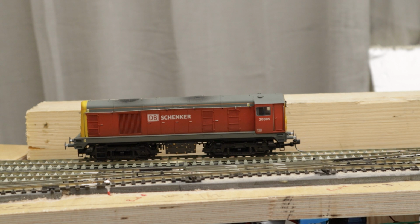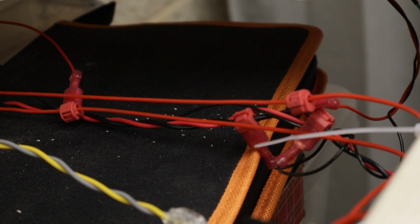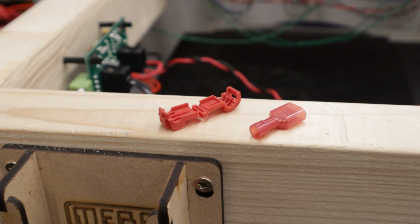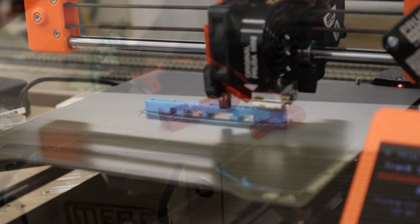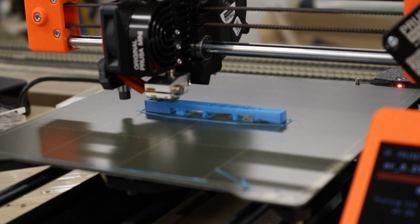The only thing I've got to do now is I've got a couple of more sections on the back panel, the back loop, that I just need to build the actual units for. They're actually pretty straightforward to build. I'm not a brilliant person, but it takes about an hour and a half to build a unit, and they're pretty straightforward to put in. Those that are interested, I'm using these kind of little devices. They're quite straightforward. You can just clip them on to the wire and then crimp the other end on. There's no soldering. I did use some Scotch lock type things previously, but these are quite handy because you can obviously disconnect them. So I'll leave you watching the end of a 3D print of a little 67mm track spacer